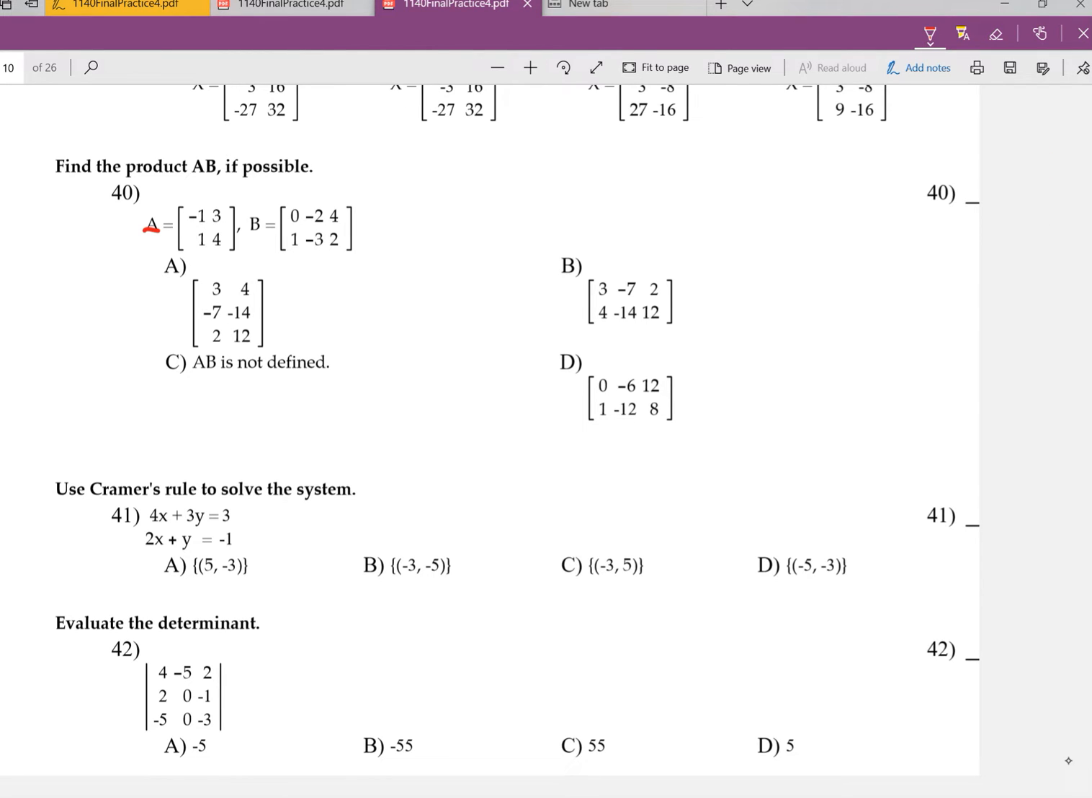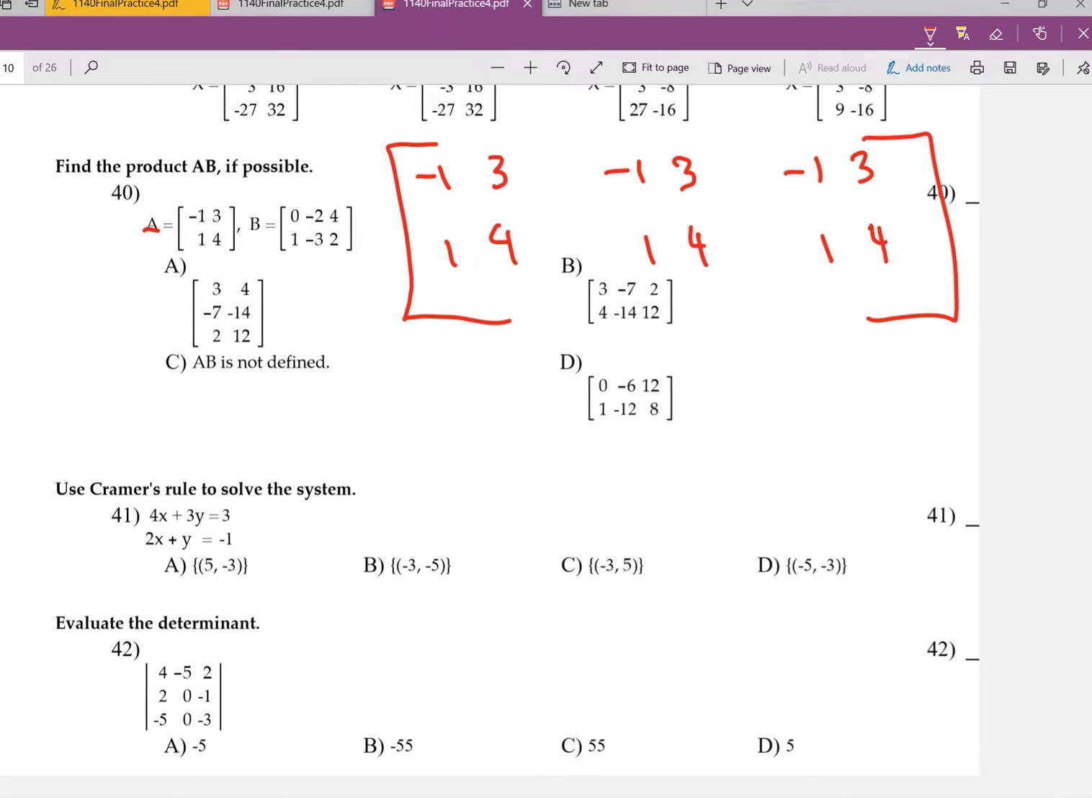You notice B has 3 columns, so what I do is I replicate matrix A 3 times. So I have negative 1, 1, negative 1, 1, negative 1, 1, and then the 3, 4, 3, 4, and 3, 4. So you notice that 1, 2, 3 columns, matrix A 1, 2, 3 times. Then what I do is I focus on